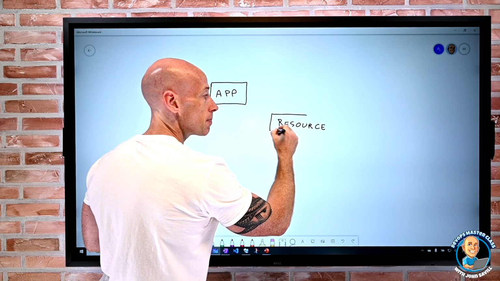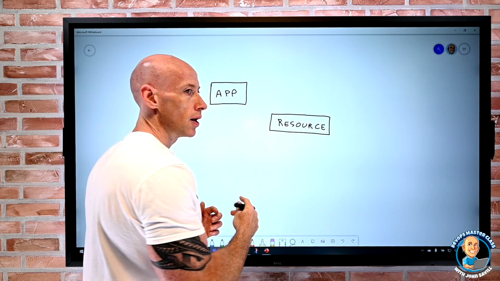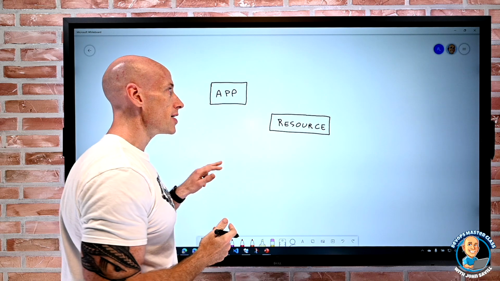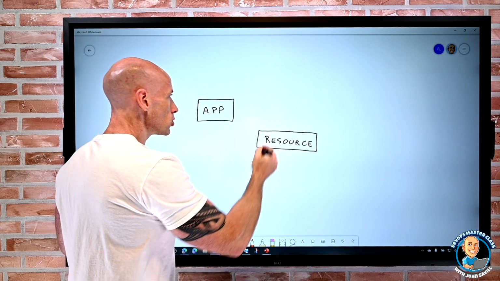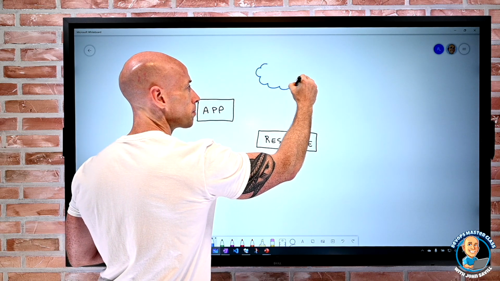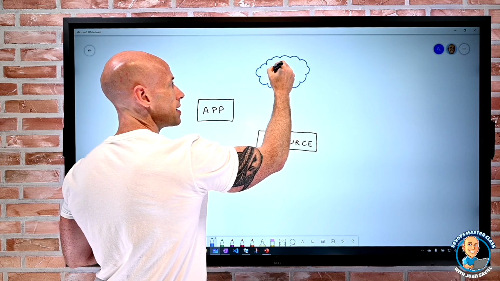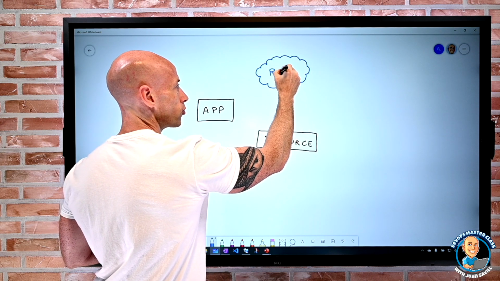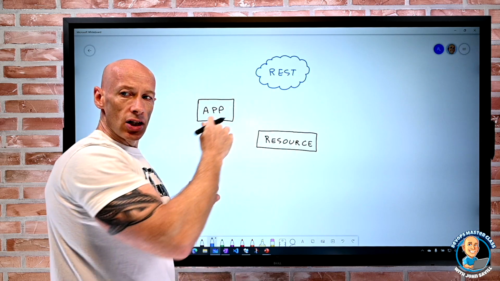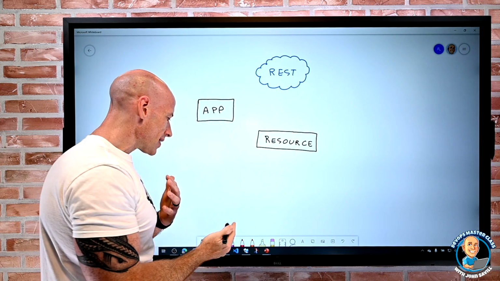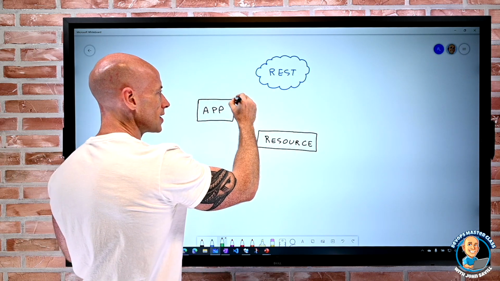Maybe it's a database, a storage account, another type of application service. Maybe it's going and talking to some other cloud-based service. Maybe there's something it wants to talk to through REST, but it has to communicate to those things. Now, to talk to those things,